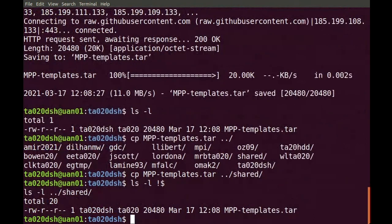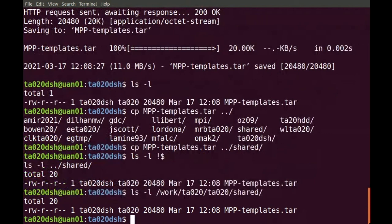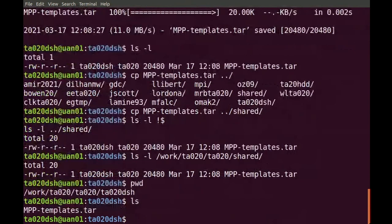so you should also be able to get a copy of that file from /work/tao20/tao20/shared. That's where the MPP templates are. You should be able to get a copy from there. So you should just be able to copy it from there if you want to, or you can use the wget. Now I unpack it,